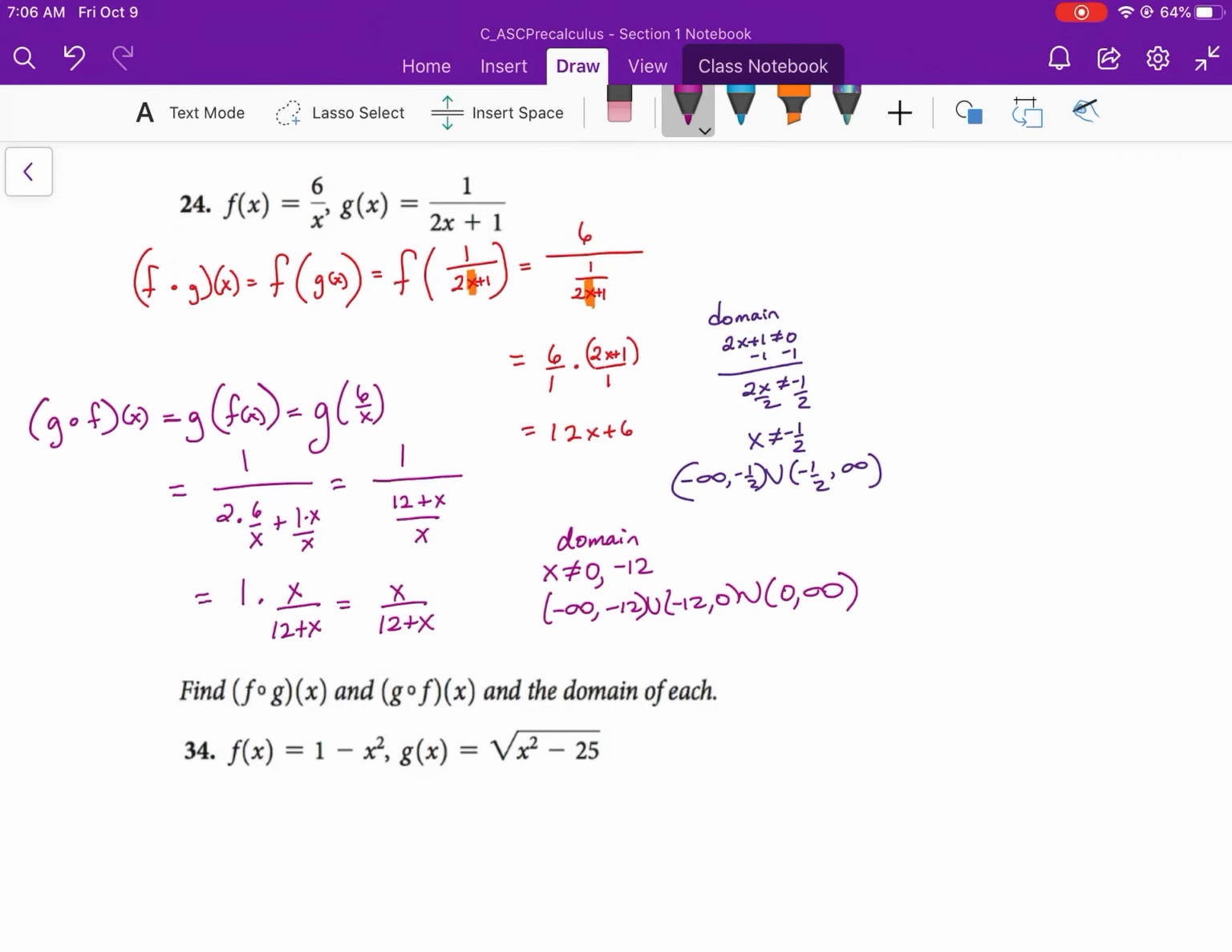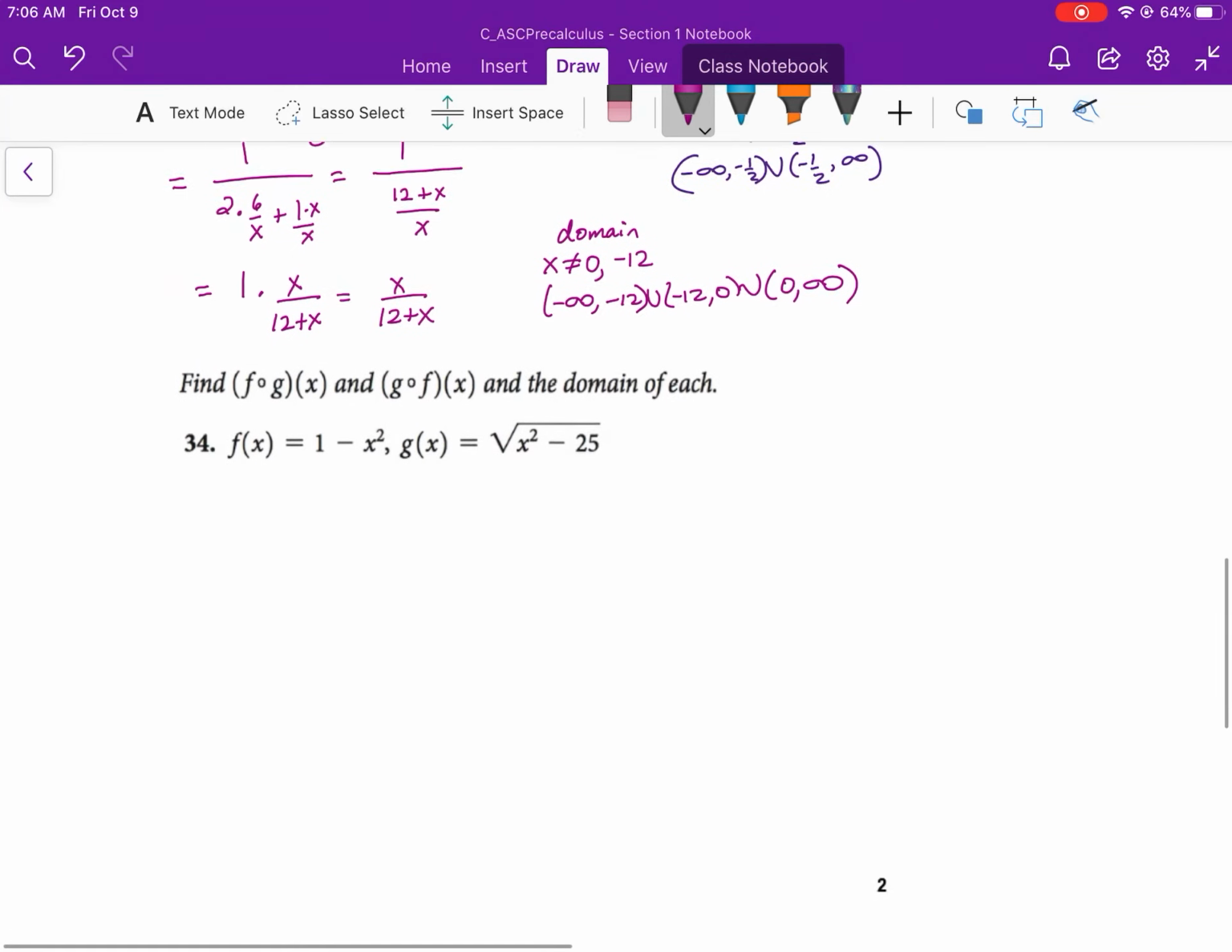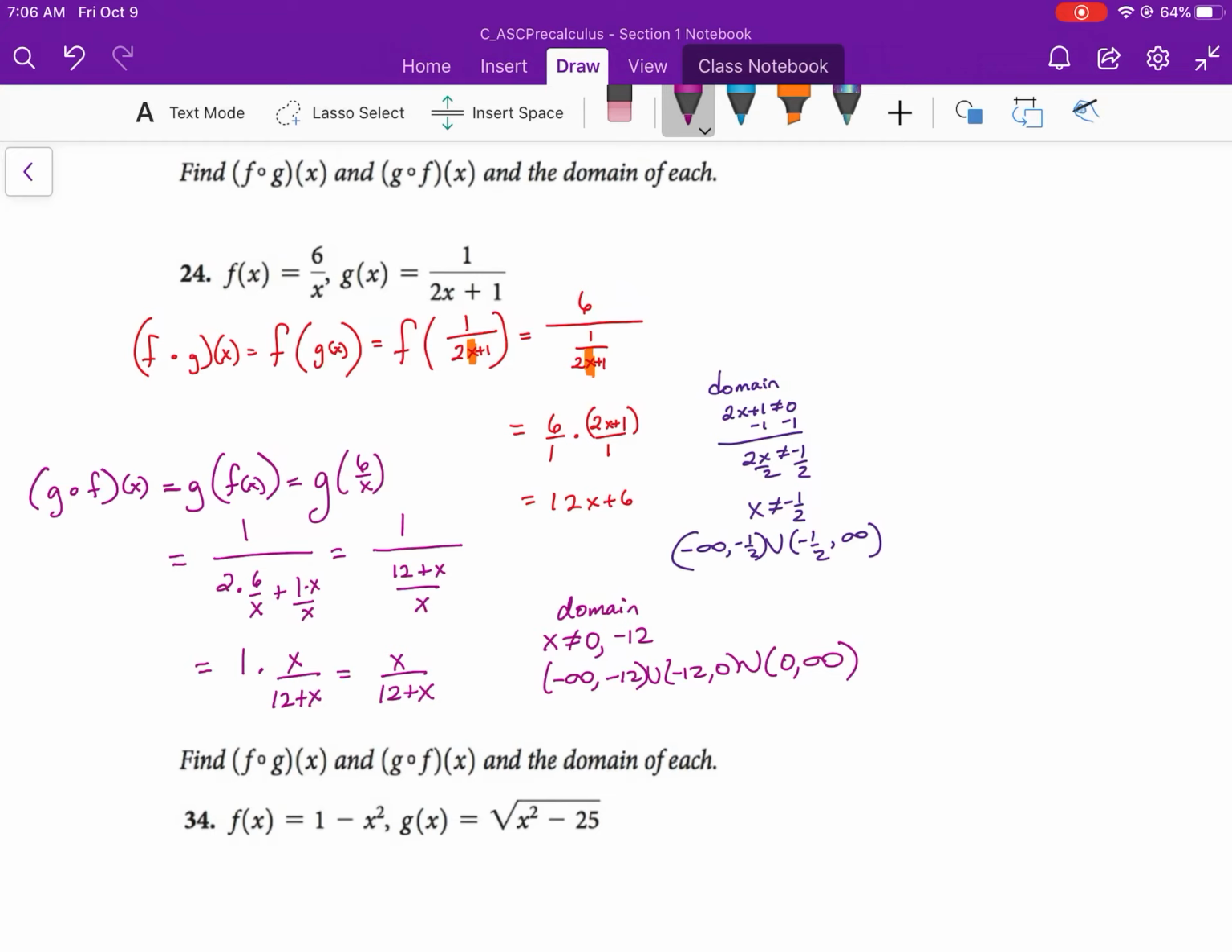Bam. All right, I don't have enough time to do this next one because I don't want to take 20 minutes. So keep that in mind. F of g of x and g of f of x is a game of substitutions. Okay, substitute in. All right, good luck. Let me know if